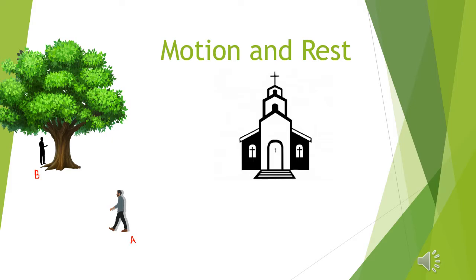Children, in everyday life, we come across different types of motions. Some are visible whereas some not. For example, we can see the falling down of leaves, whereas we can't see the movement of air or wind. So how do we specify the motion of an object?